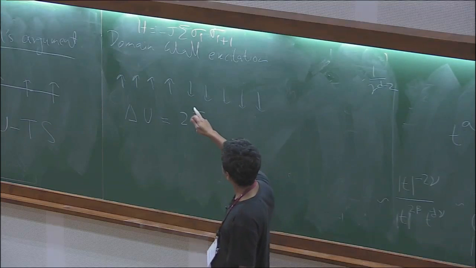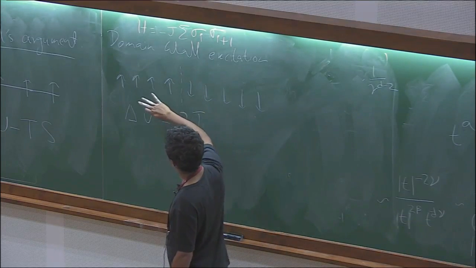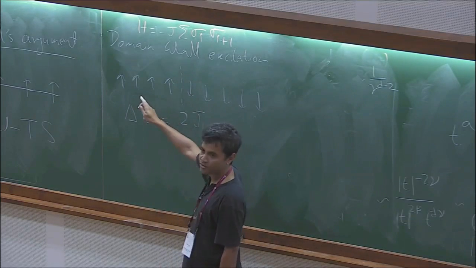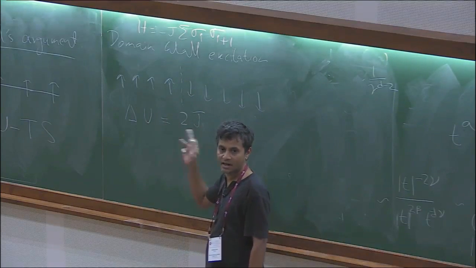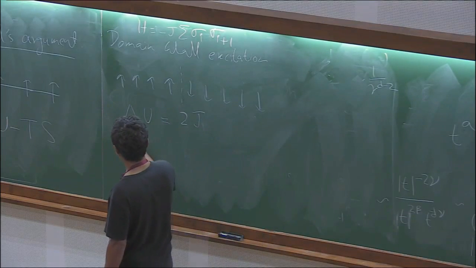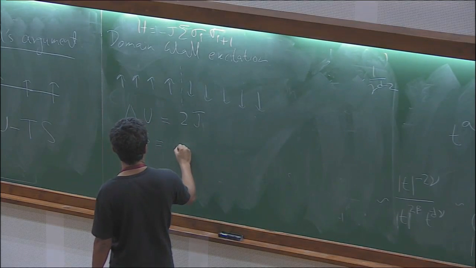Log n, okay, because I can, this position of the domain wall, so this is called a domain wall because it separates up spins from down spins. So this can be anywhere along this chain, okay. So roughly there are L such configurations. So this delta S, the gain in entropy is kind of,